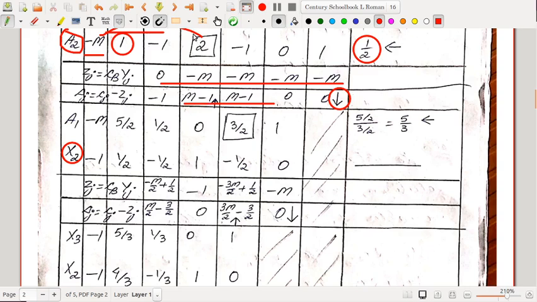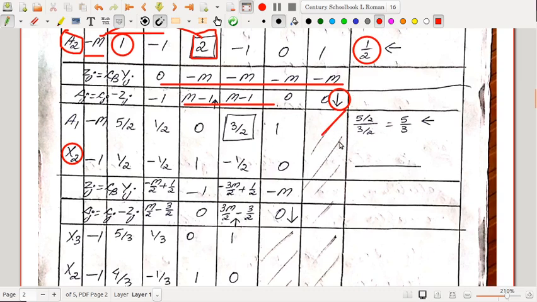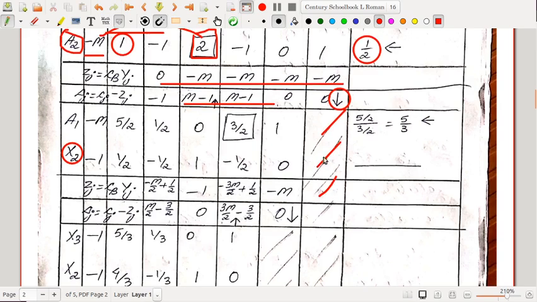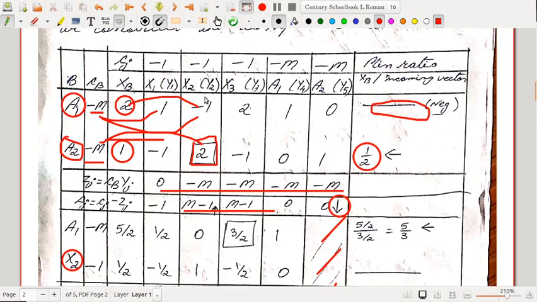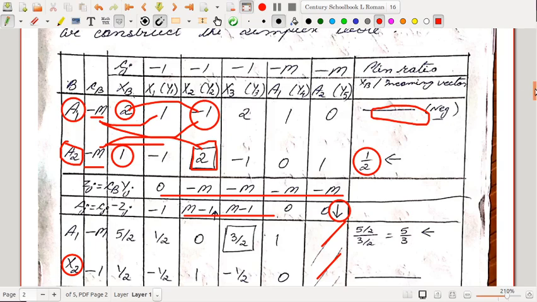And what is the key element? The key element here is 2, so we divide this particular row, that is the second row, by 2. So it's half, minus half, 1, minus half, 0, and the column corresponding to a2 is not considered because the artificial variable has already left the basis, so we don't need to consider this particular column. And next we have to make all entries in this particular column 0. So here the entry was minus 1, we are making this entry 0. How to make it 0?